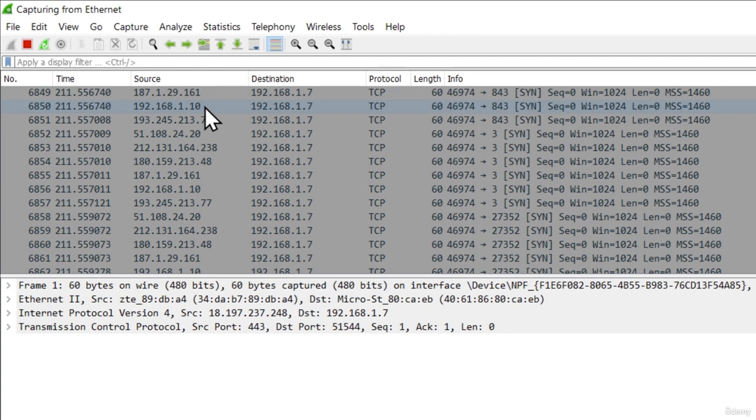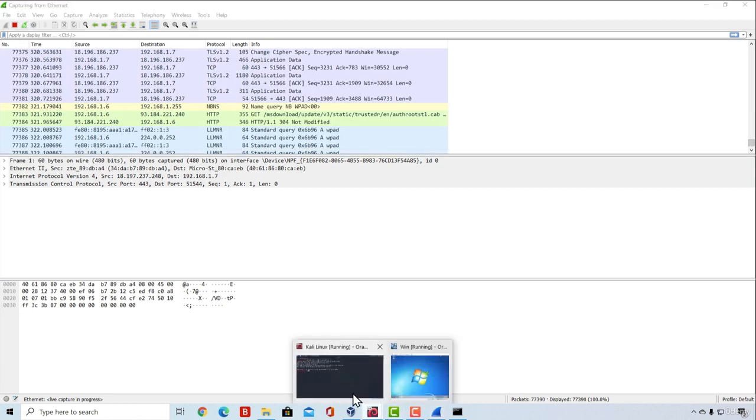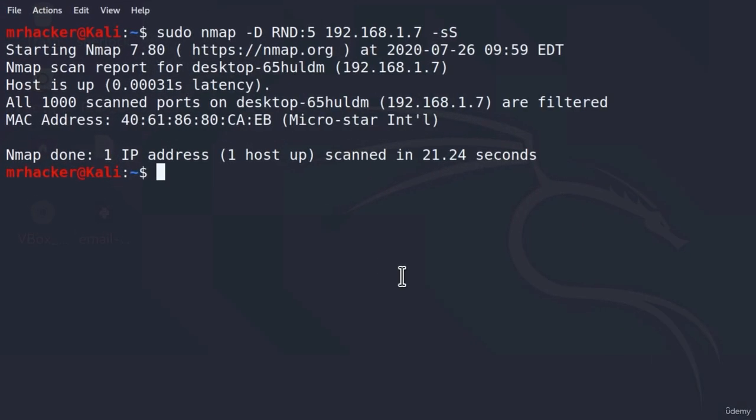So how can we change this and make it seem like the scan is coming from 5 local IP addresses that belong to my home network? Instead of running the command like this, what we can do is run the command like this, so sudo nmap and then -D. And after -D, we specify 5 different IP addresses, including ours. So we'll specify